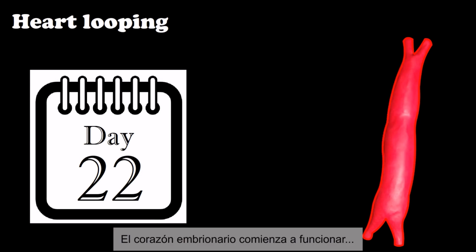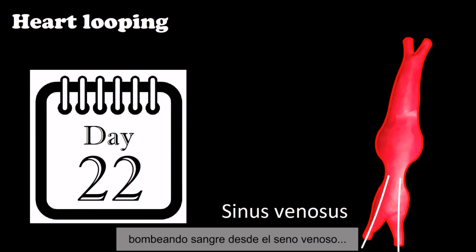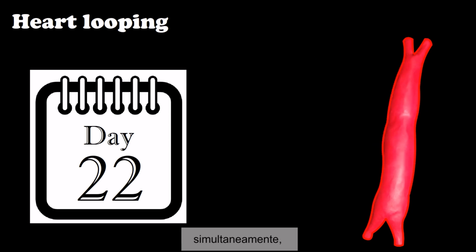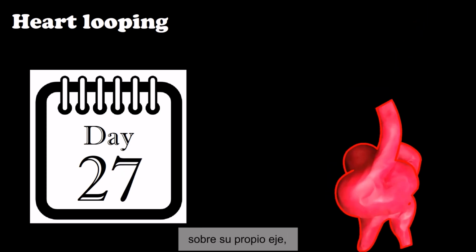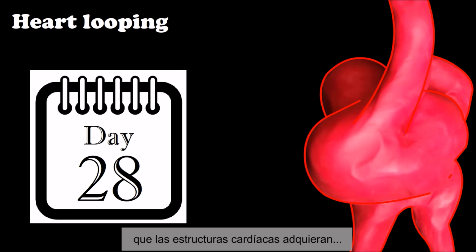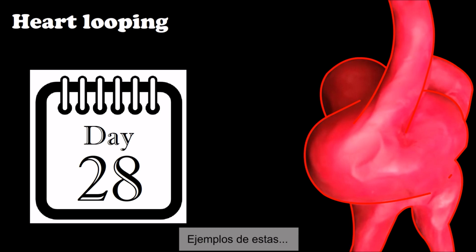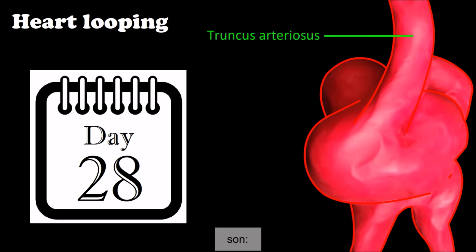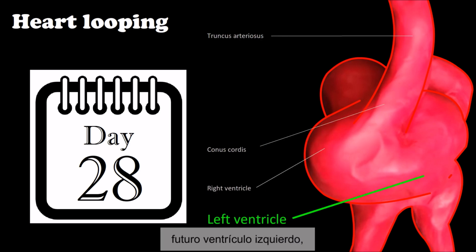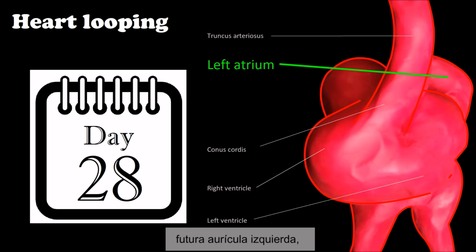The embryonic heart starts functioning from the fourth week, pumping blood from the sinus venosus to the truncus arteriosus. Simultaneously, the cardiac tube begins to elongate and rotate on its own axis until it remains folded in an S shape, allowing, in this way, that the main cardiovascular structures acquire a position similar to the adult heart. Examples of these cardiovascular structures are truncus arteriosus, conus cordis, future right ventricle, future left ventricle, future left atrium, and